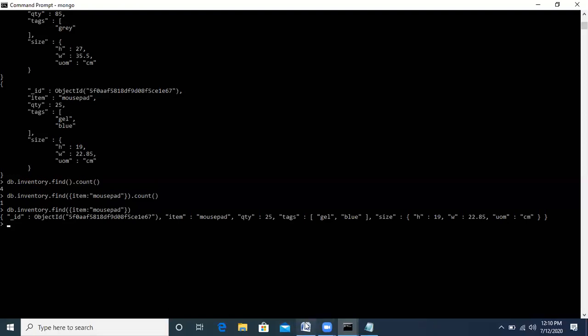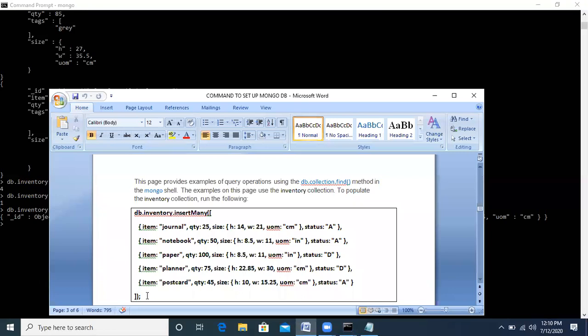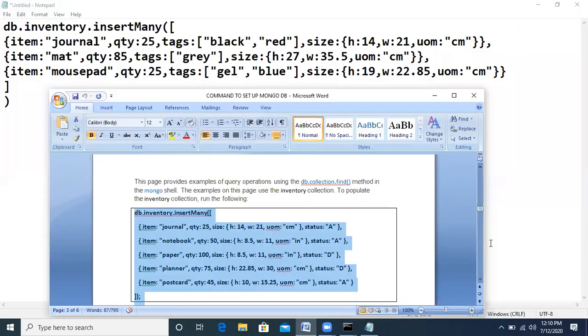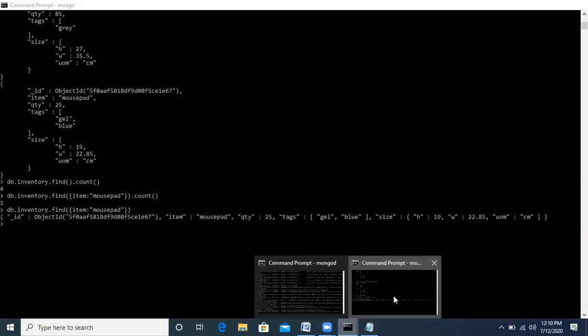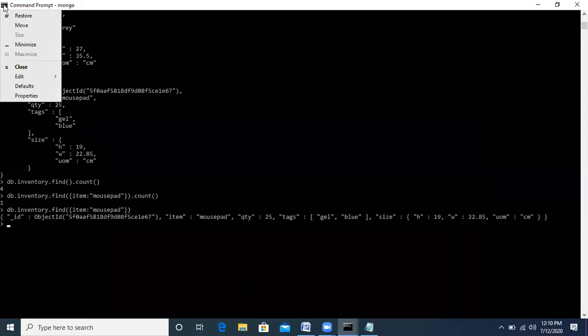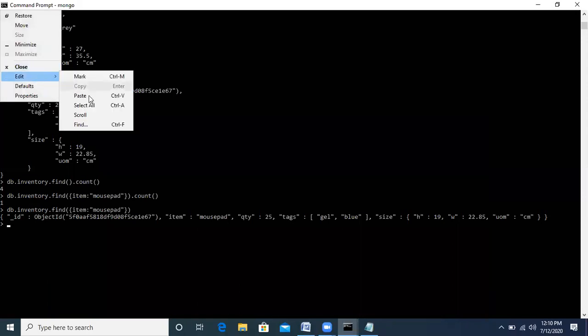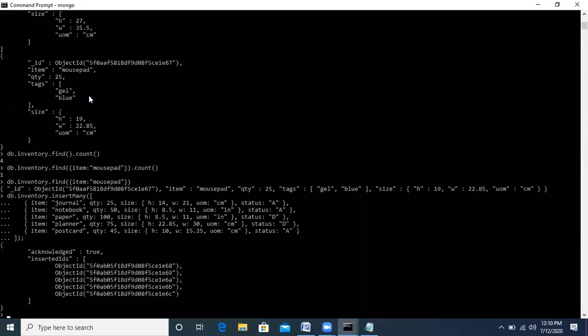Now let us insert a few more rows. I have already typed the code. I will simply copy it so that there should be no typing mistake and we will not be checking those mistakes again and again. So I have already done this practice in advance. So simply write the command. I have pressed enter. Now see, there are more rows created with these features, so we can check whether they have been created or not.